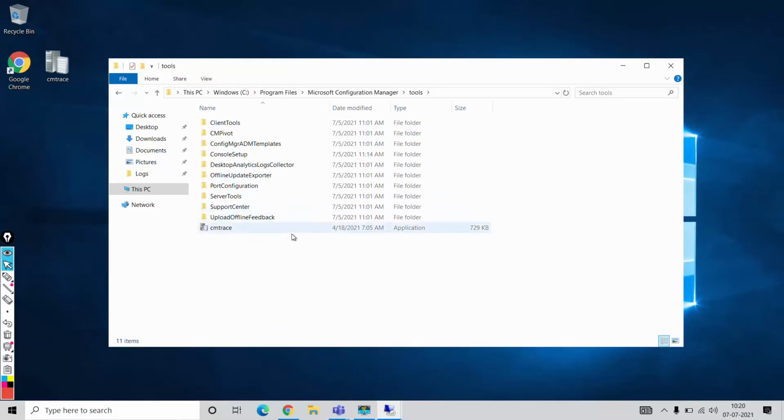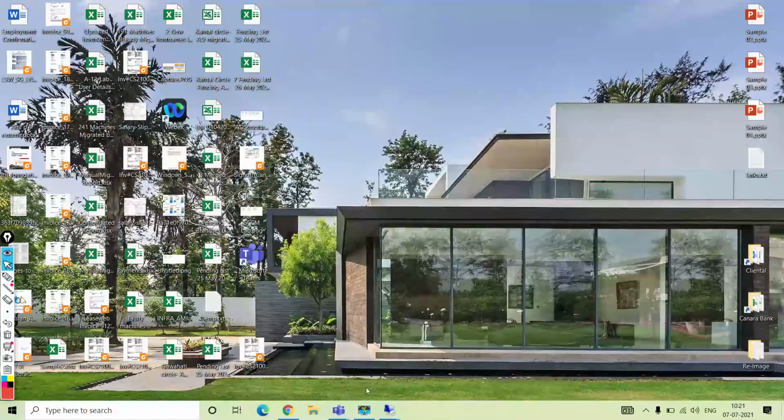You have the tools folder. So I'll give you 5 minutes. Go through the logs, open the CM Trace tool, and make it the default log viewer, because we'll be viewing logs, and view one or two logs related to your AD systems discovery or user discovery. I'll give you 5 minutes, all of you.